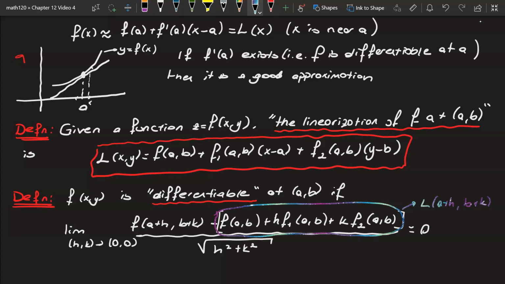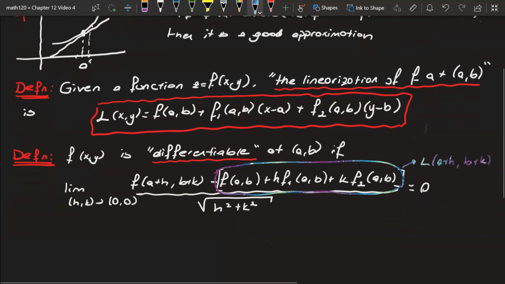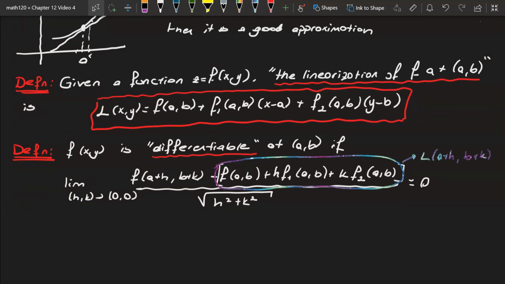It means that the vertical distance between the surface and the plane at (x, y) is very small compared to the distance between (x, y) and (a, b). And this is the definition of the tangent plane. So this means that